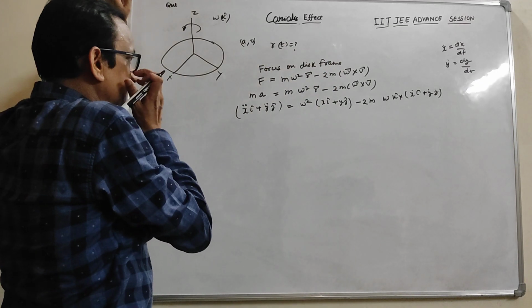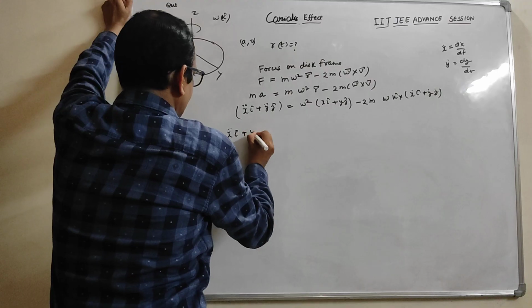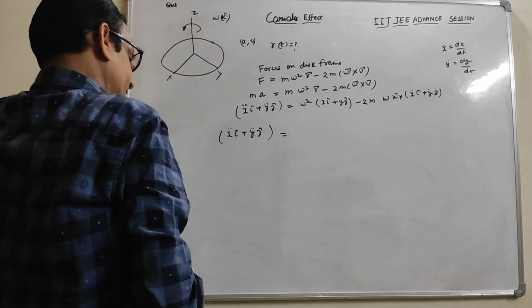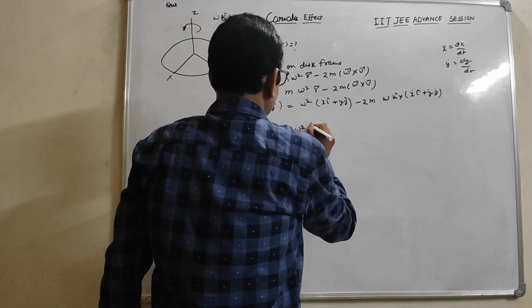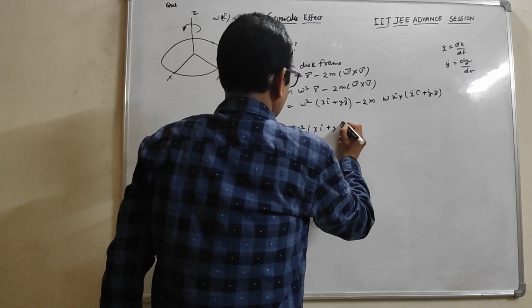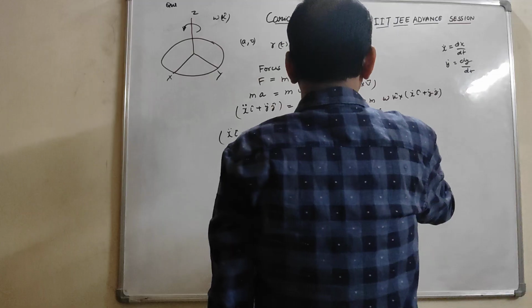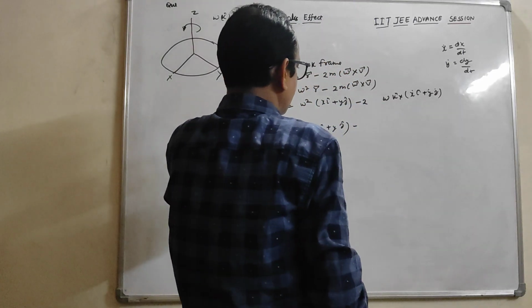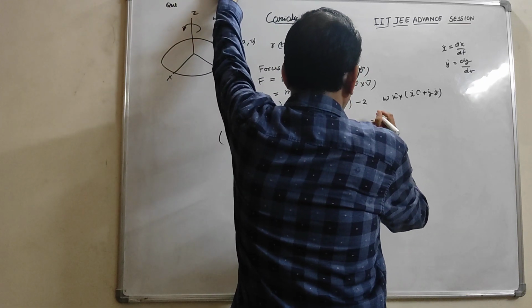So we write x double dot i cap plus y double dot j cap equals omega square x i cap plus y j cap minus 2, m cancels out, so no need of m here, so this becomes 2 omega,